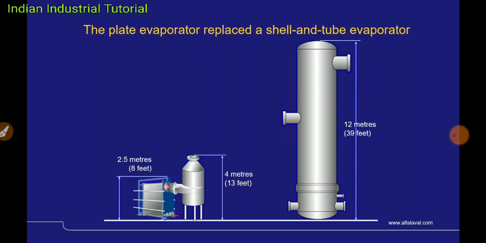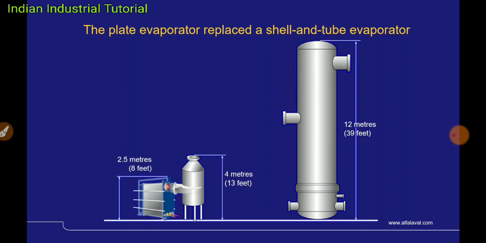Now you can see the other area where heat exchangers are used as an evaporator. In the industry, large shell and tube heat exchanger evaporators are replaced by plate type evaporators. In a caustic soda plant, you must have seen caustic evaporators used like this. In other chemical industries, they use them to evaporate their product and get the concentrated product. For example, sugar plants have now started using this heat exchanger to concentrate sugar juice.